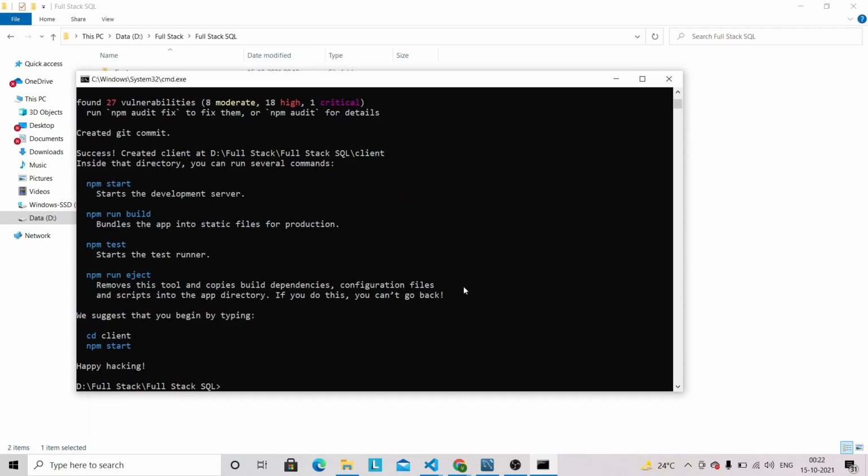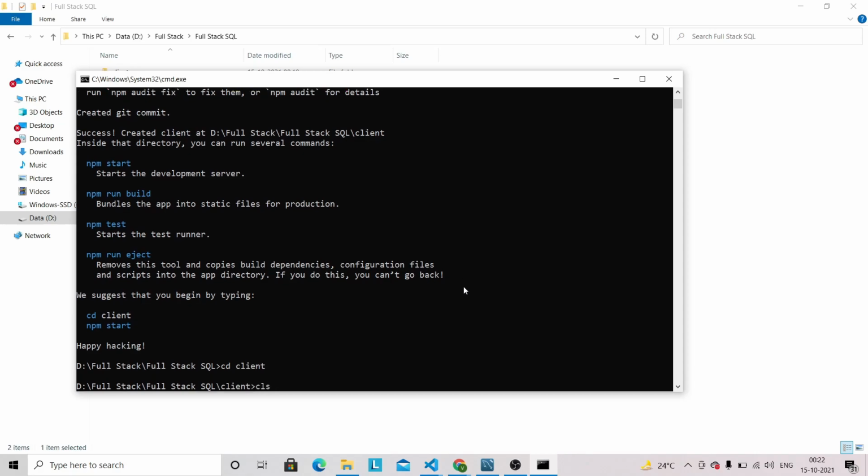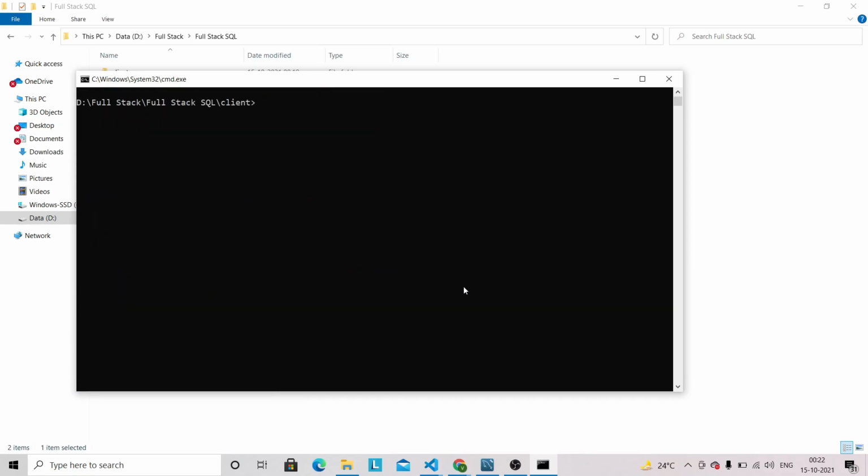So guys, our React project got set up and all the dependencies got installed. Before we do npm start, let's go into that folder, that is client, and we need to install some packages in our UI. So we need to install React Router DOM.